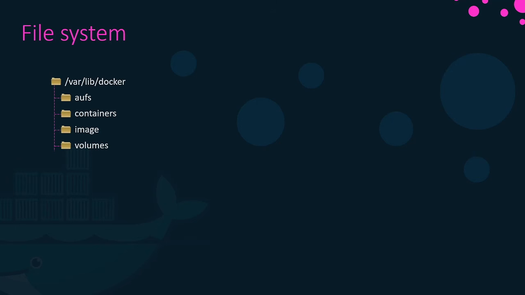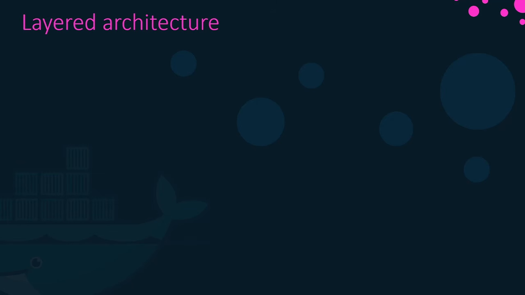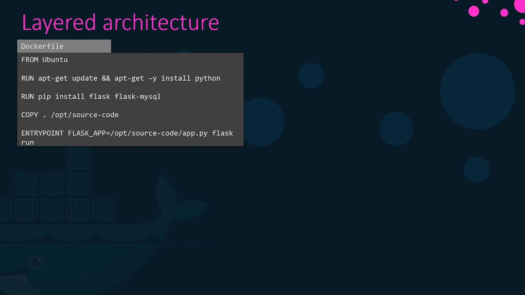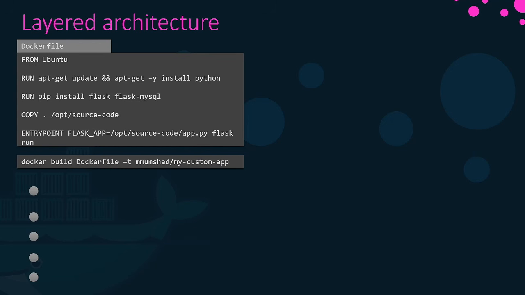So how exactly does Docker store the files of an image and a container? To understand that, we need to understand Docker's layered architecture. Let's quickly recap something we learned. When Docker builds images, it builds these in a layered architecture. Each line of instruction in the Dockerfile creates a new layer in the Docker image with just the changes from the previous layer. For example, the first layer is a base Ubuntu operating system, followed by the second instruction